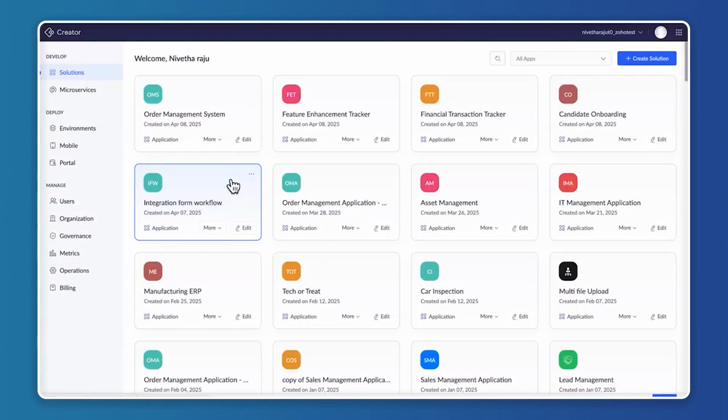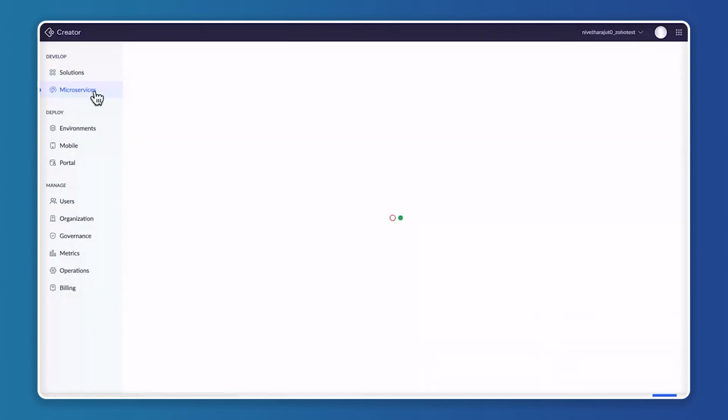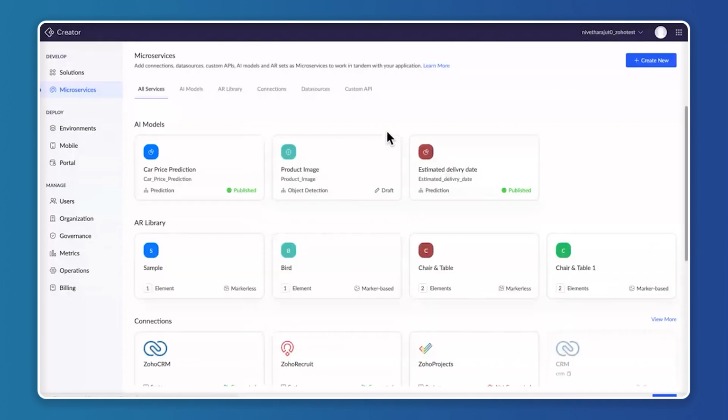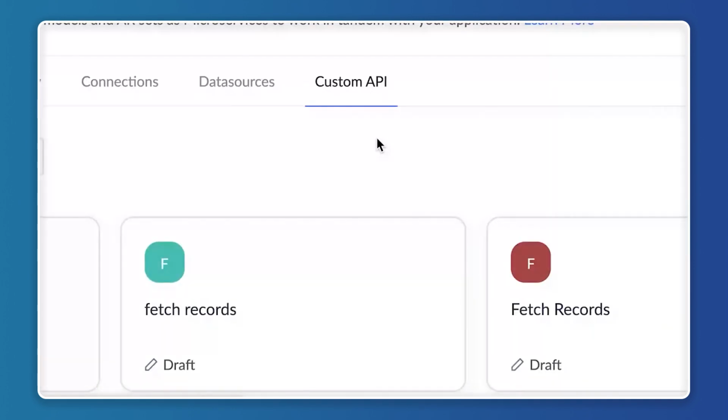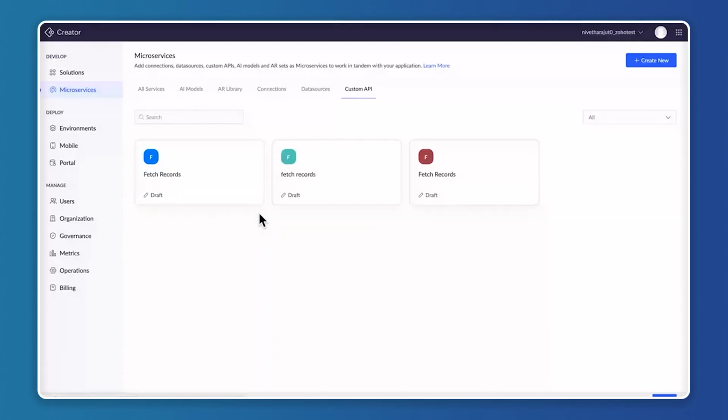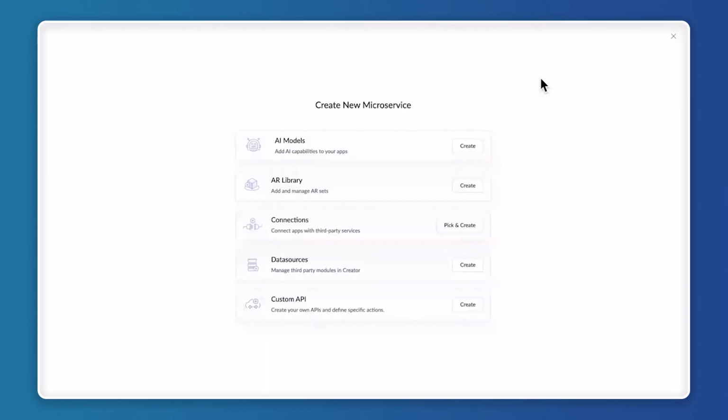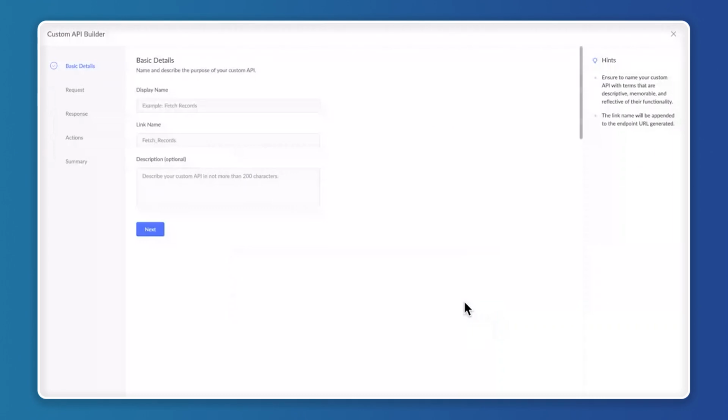So the first feature that we are going to look at now is expanded user scope. So we have brought in two new options within the custom API under the user scope. In order to access the custom API, you need to go to the microservices, and within the microservices, you will have the custom API. So this is the custom API. You can choose them, and these are all the three different APIs that I have created so far. So I'll just click on create new. I'll create a new custom API, and I'll say